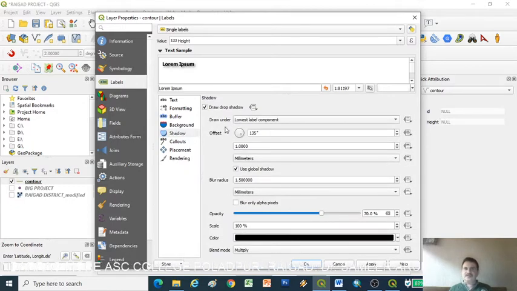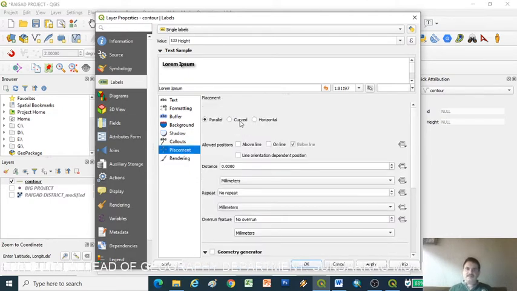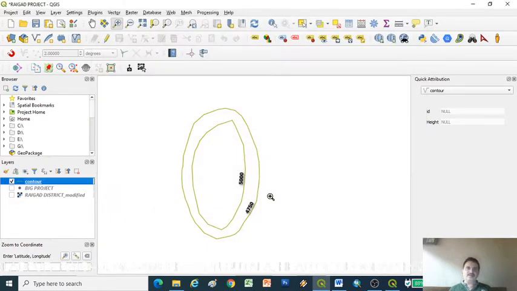So we can make a shadow of the specific line. Placement, horizontal, on line, above line, below line, apply and okay. Now it's changed and we get a shadow of the text. So in this way we can digitalize the contour line and its height.